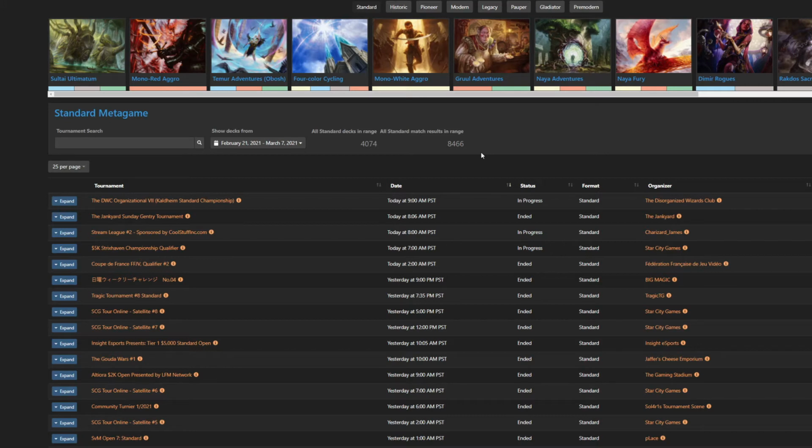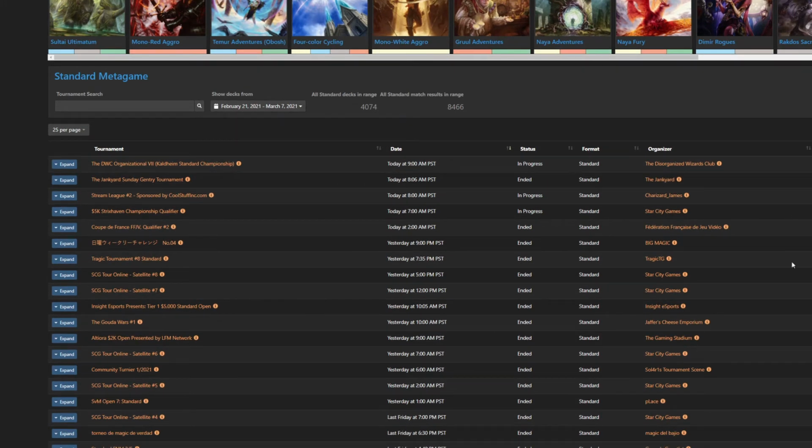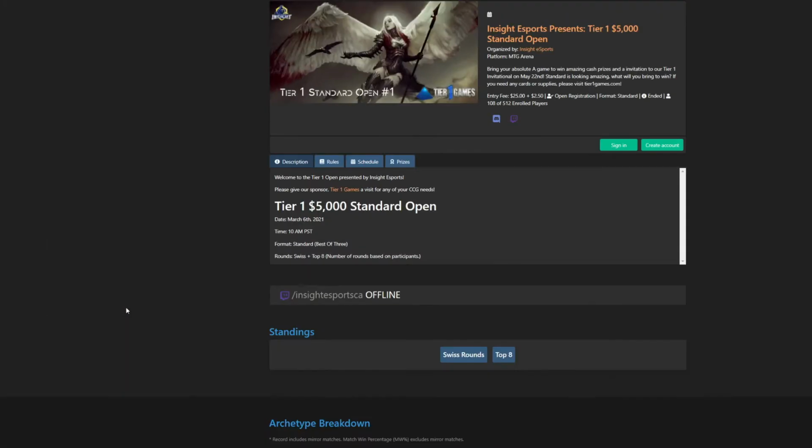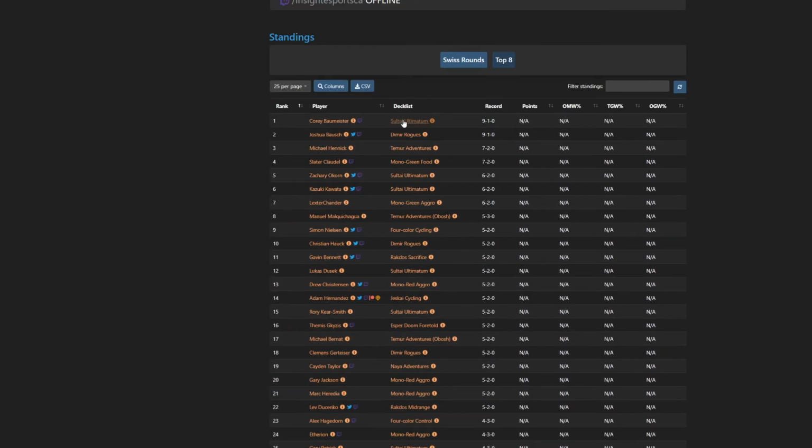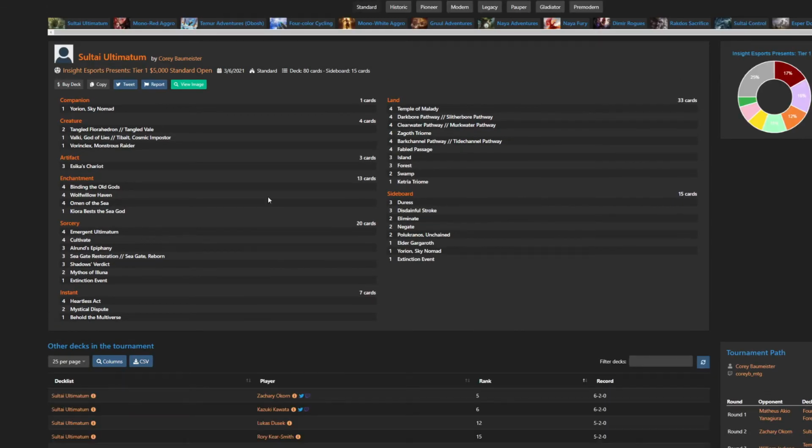You can see several decks in their decklist tab, and you can scroll and check a tournament and just click on a tournament. And here you see the players and you can check out their deck list. And it's easy to export to Arena, just click the copy button, the deck is copied in the clipboard and then you can import it in Arena.